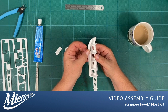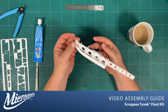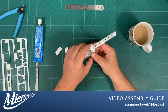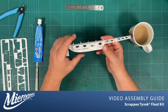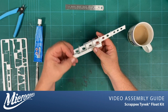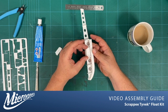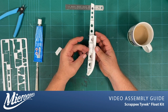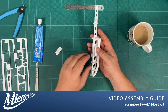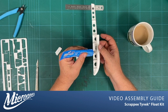Should all fit nice and easily. There we go. Okay, so V15's in place. Now to pop our V16s into place. And they literally sit on the sides of the float, either side of where the attachment point is, just as a bit of reinforcement. Once again, we can just tack them on